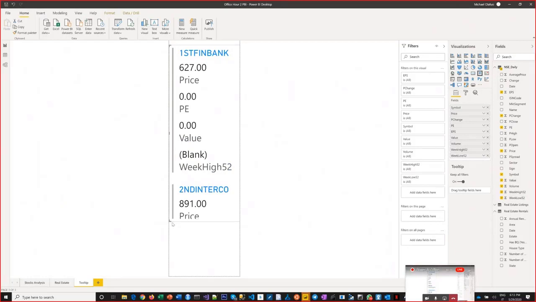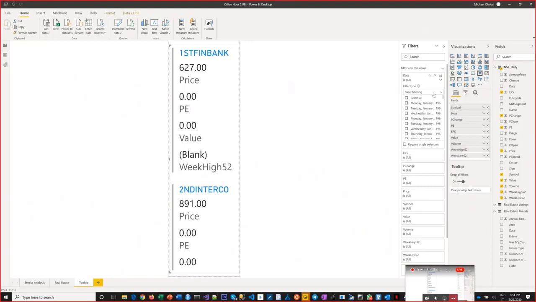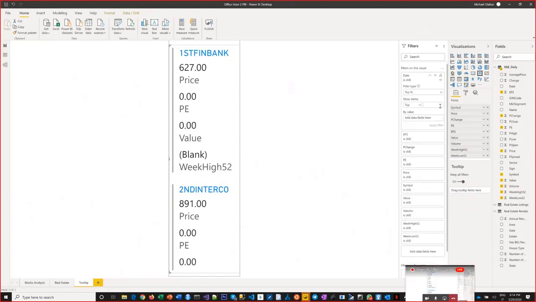And then I wanted to show always the most recent date that is being picked. So I'm going to say date should come to top N1 by date and latest date. Apply. And also I want this to happen to things where there is a symbol, so that whenever you pick